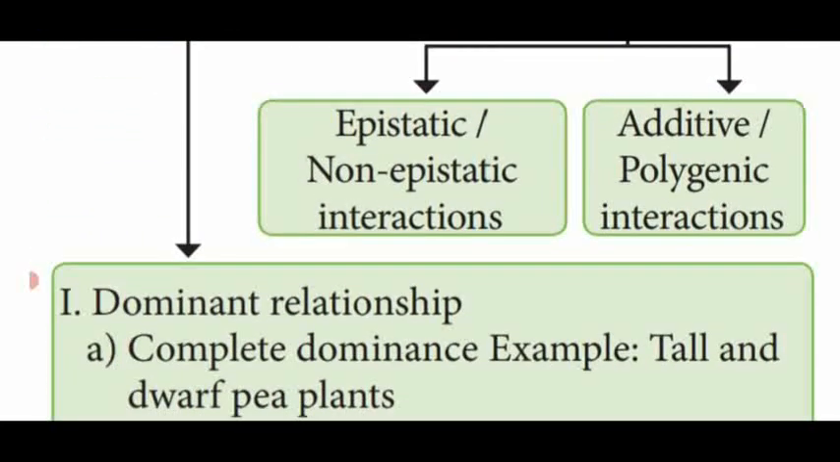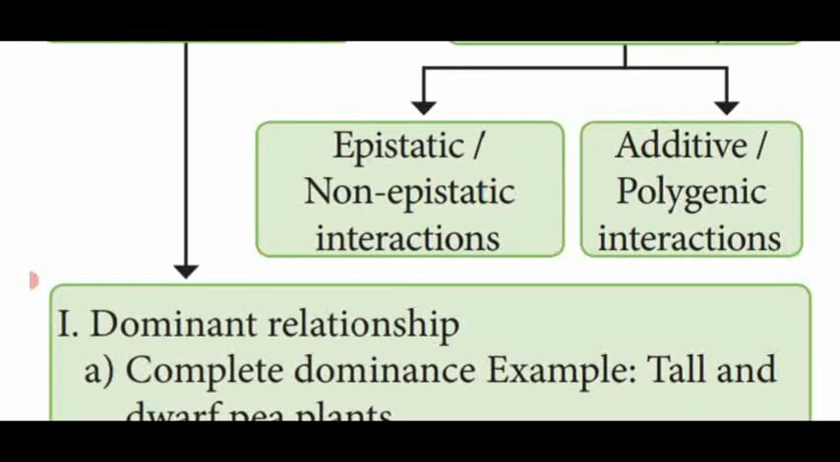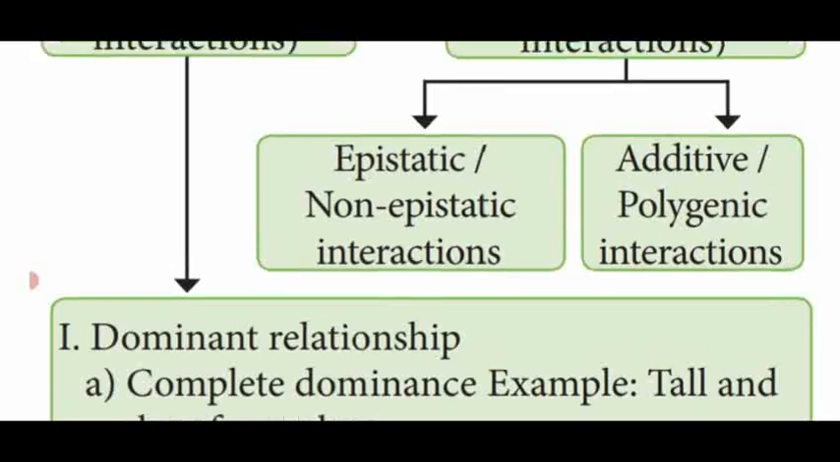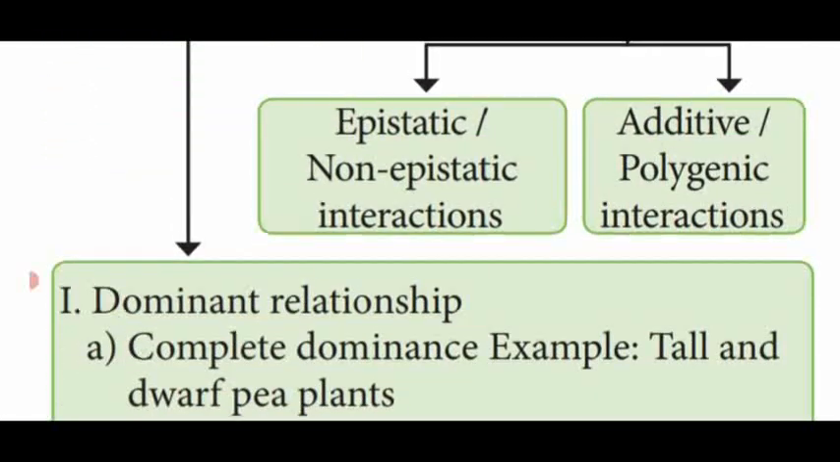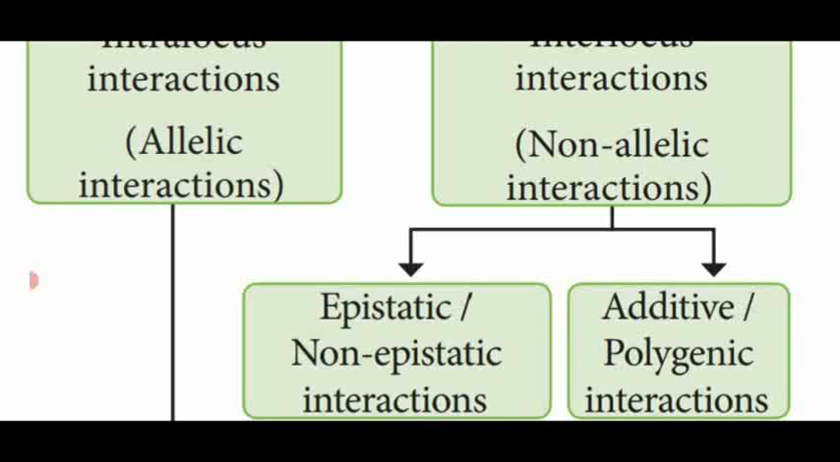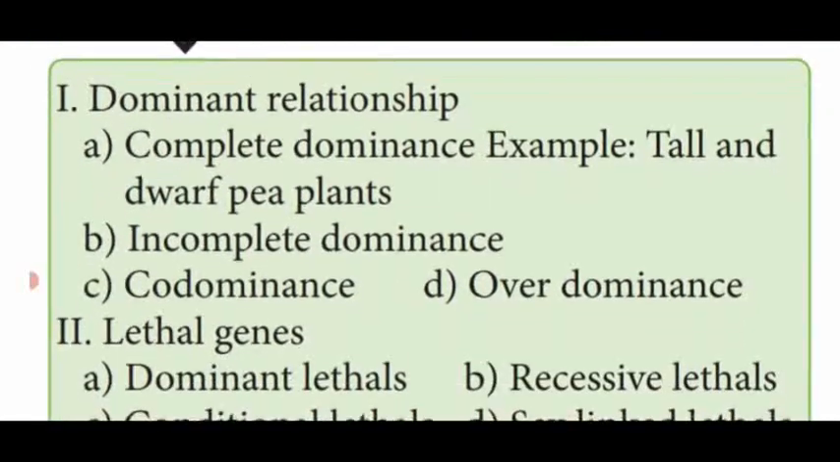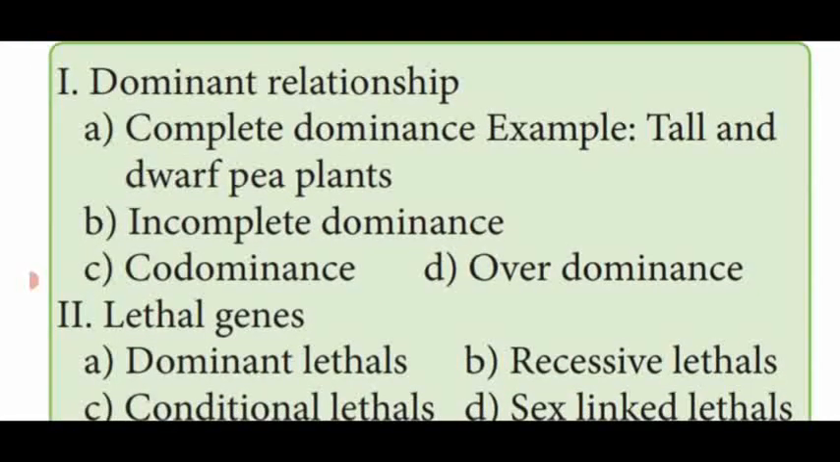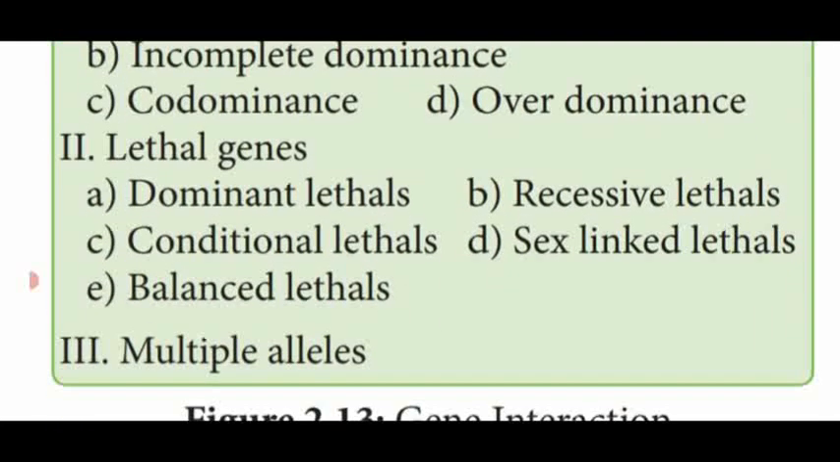So this non-allelic interaction is again divided into two interactions. One is the epistatic or non-epistatic interaction. Another one is additive or polygenic interaction. When you come to the allelic interaction or intralocus interaction, it is divided into different forms: dominant relationship, lethal gene